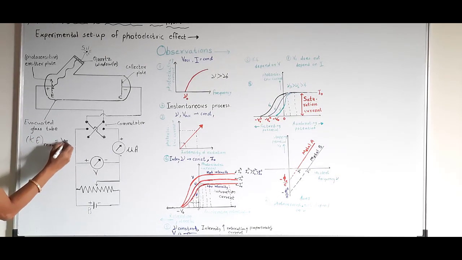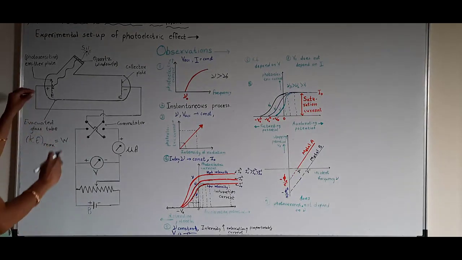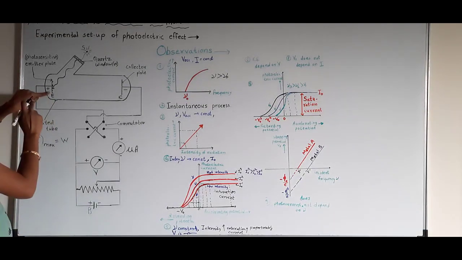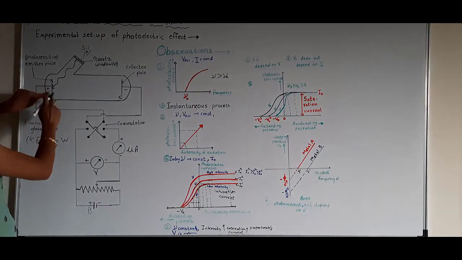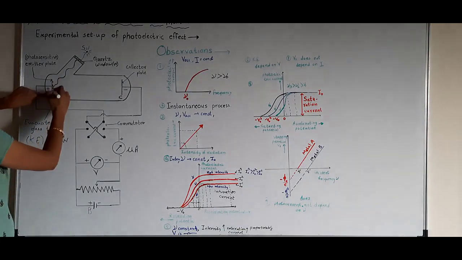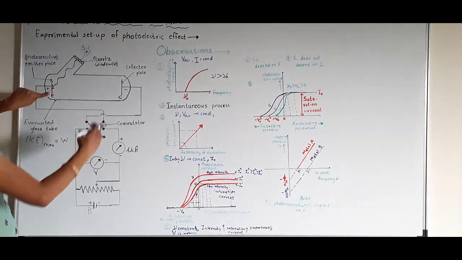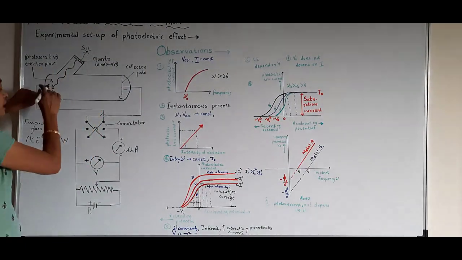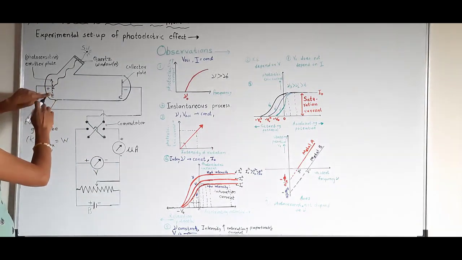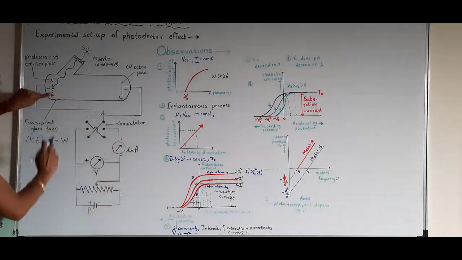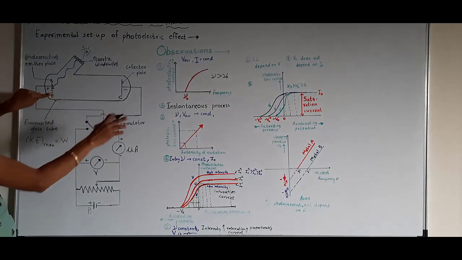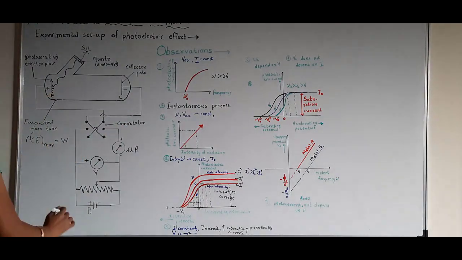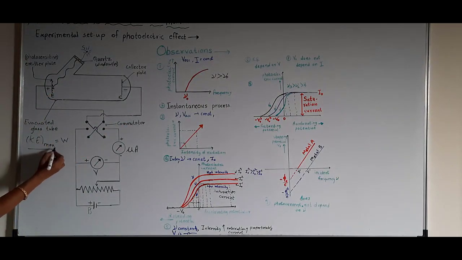must be equal to work done. In this case, when the maximum kinetic energy electrons are stopped, work is done on that electron to keep it at rest due to the potential difference given between the emitter and collector. Therefore, we can say that kinetic energy maximum is equal to work done.